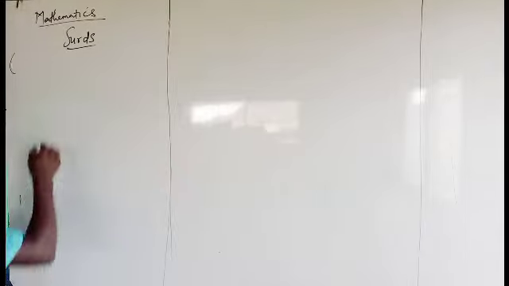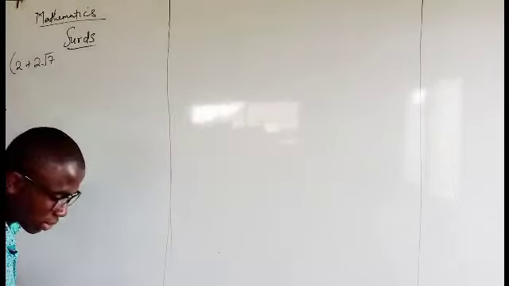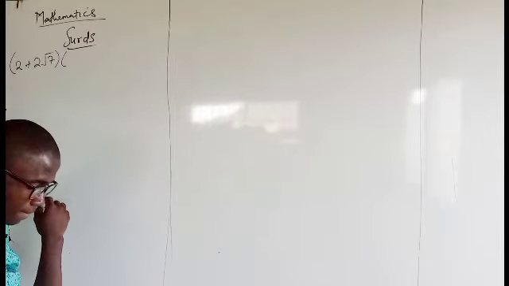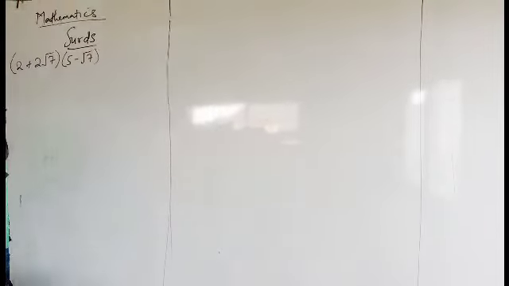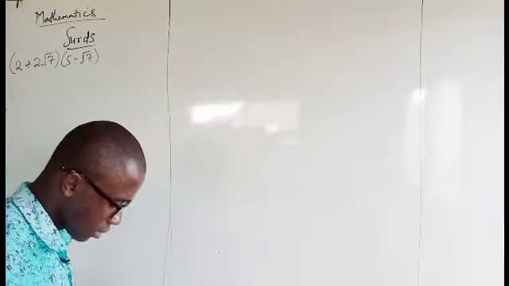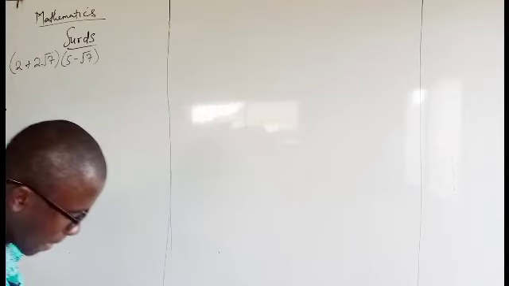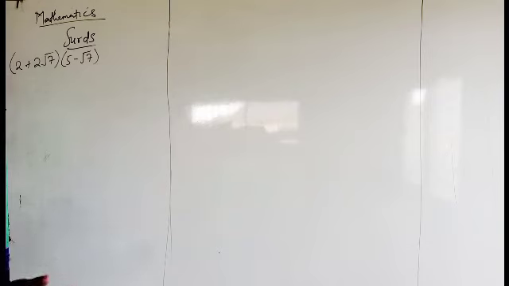So simplify 2 plus 2 root 7 multiplying 5 minus root 7. Okay, so